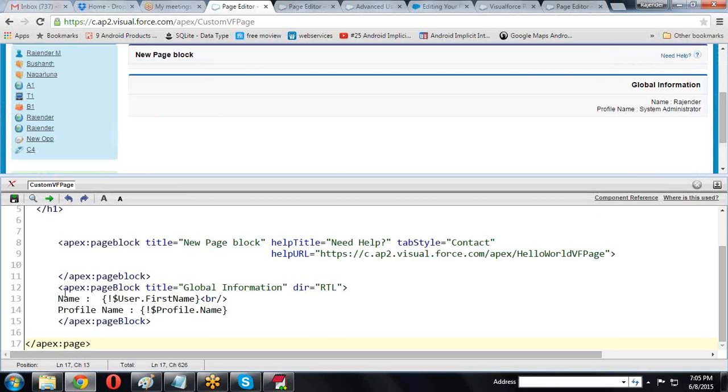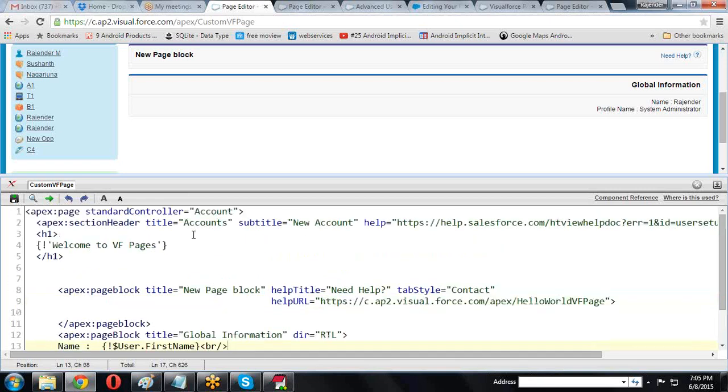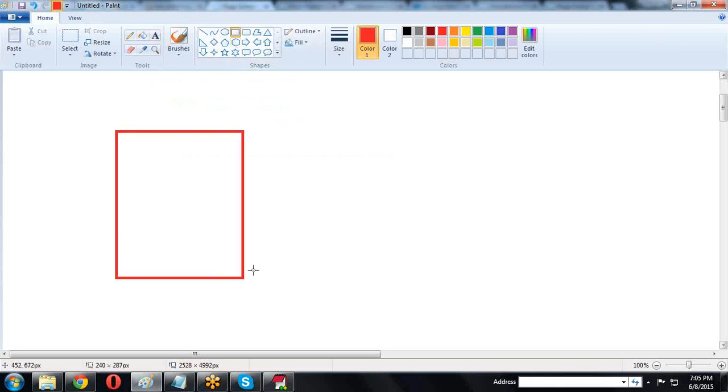So by using the page blocks, we are creating some information like this. Now this time, instead of a standard controller, I want to create just a simple controller. So I have one class, and that class I want to use in one Visualforce page. I'm creating one Visualforce page, and in it one page block.